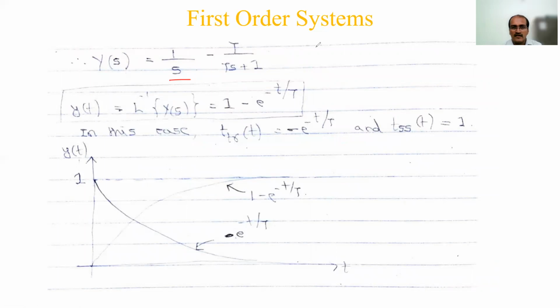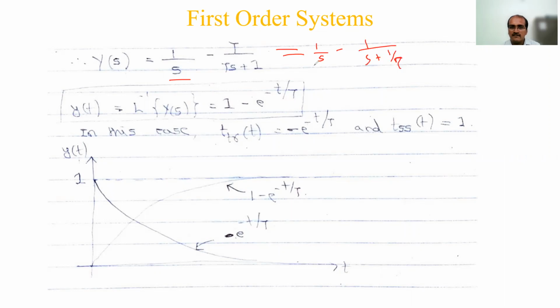Now what I have done here is I have missed one step. You have to write that down. So this is equal to 1 by s, left side no changes, first term will be as it is, 1 by s minus... here I will divide the numerator and denominator by tau. Then in the numerator 1 remains, tau by tau is 1. Here tau s is there, so tau will cancel out, s will remain. Here 1 is there, so 1 by tau will come. Rearranging the same thing, this is s plus 1 by tau.